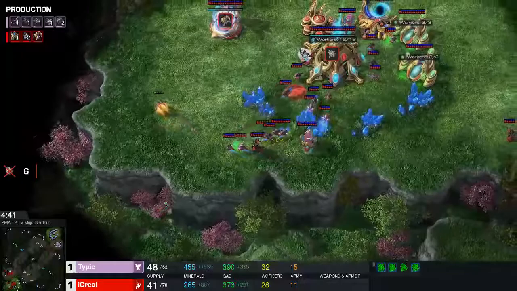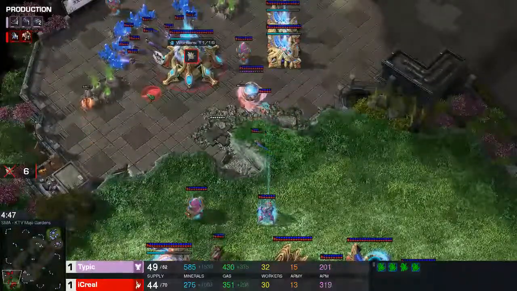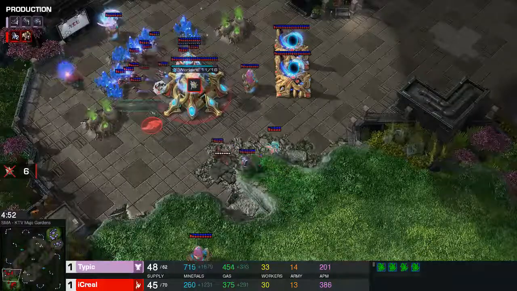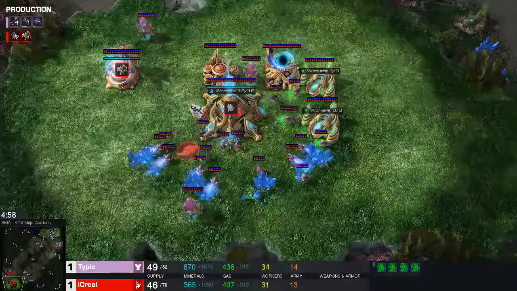The 6th as well. This Reaper is going to be able to chase some more probes down and make his way out himself. Militia Core should be able to pick him off before he can actually get out of here entirely, even if he has to throw down a photon overcharge to do it, which he will do. But at the cost of 6 probes, giving Typic our 33 to 31 worker lead,